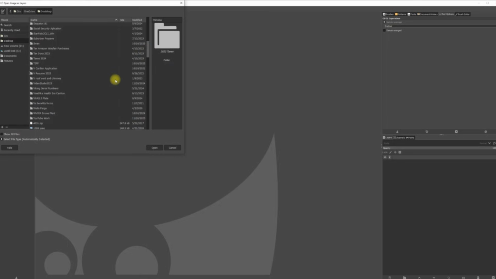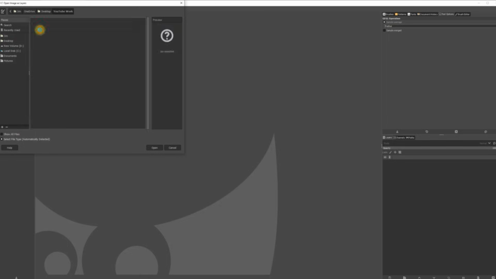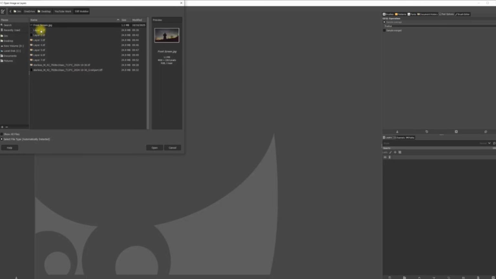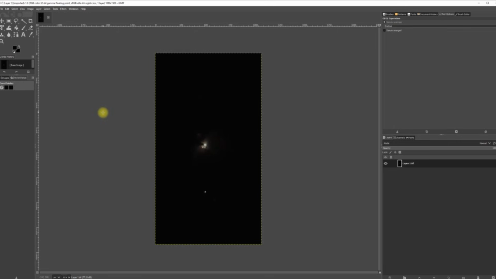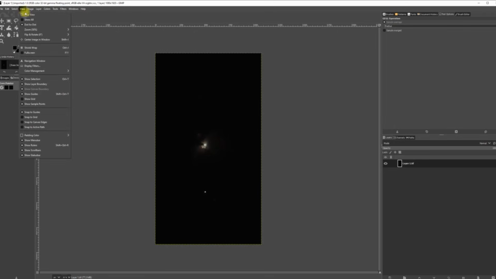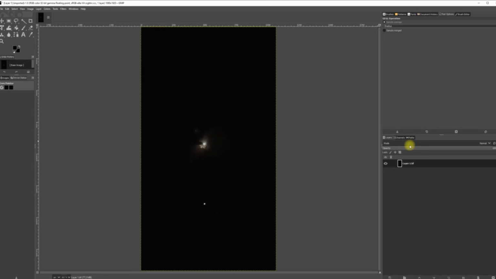and we're going to go to our TIFF holder folder right here, and there's layer 1. We're going to open the layer 1 TIFF, and this box will open up. I'll always just hit keep, and there it is. So one thing I like to do for view is come down here to zoom and put fit image in window. So there's the layer 1 that we created